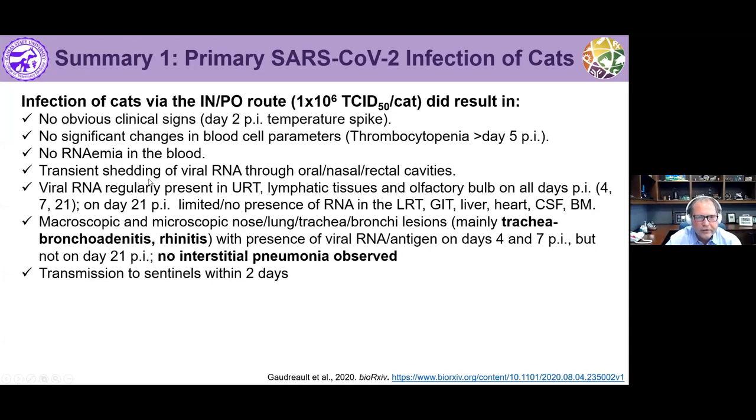However, we see transient shedding of viral RNA through the oral, nasal, and rectal cavities. When we did necropsies, we found viral RNA regularly in the upper respiratory tract throughout day 21, not only on days 4 and 7, but regularly throughout day 21 in the upper respiratory tract, lymphatic tissues, and in the olfactory bulb. And on day 21, there was not much left in the lower respiratory tract, GI tract, liver, and other organs. When we looked macroscopically and microscopically, we saw